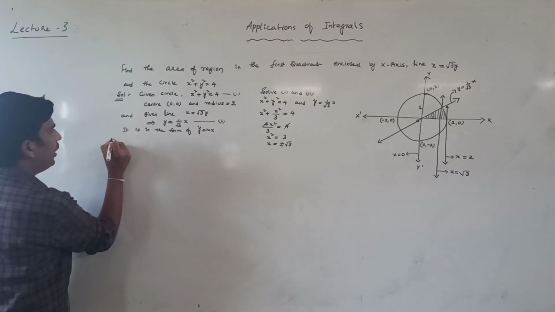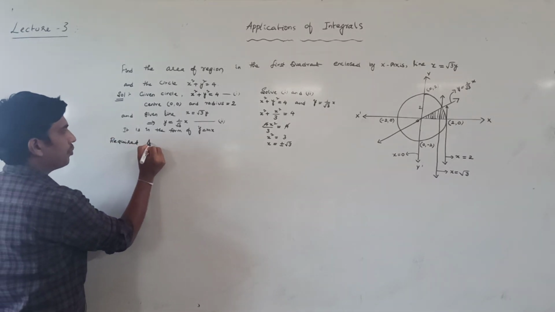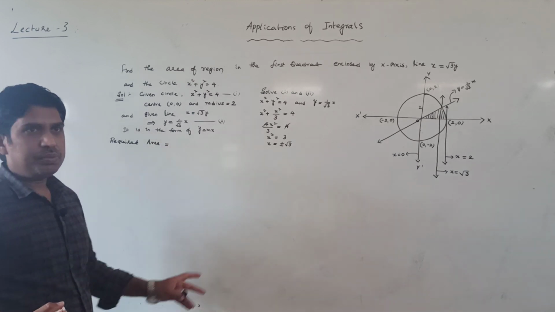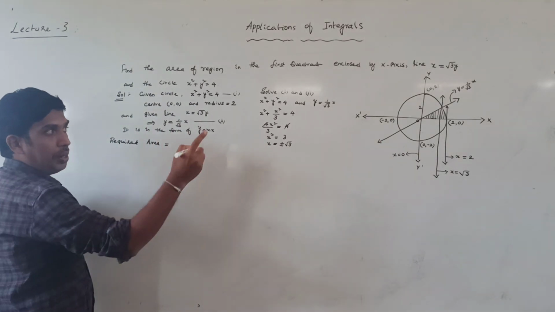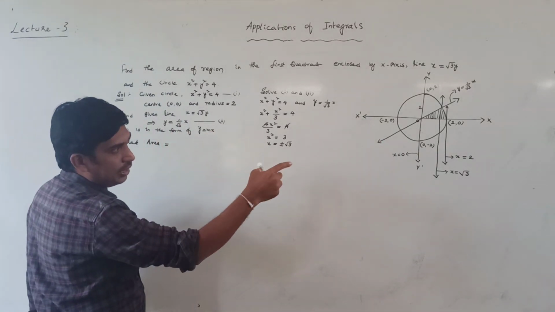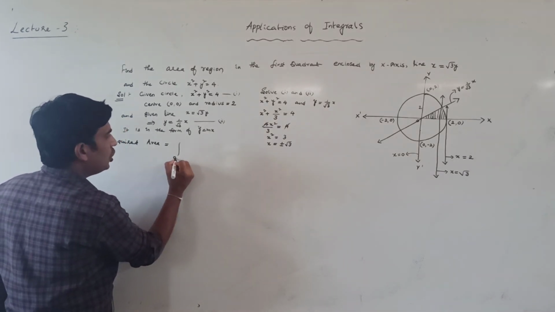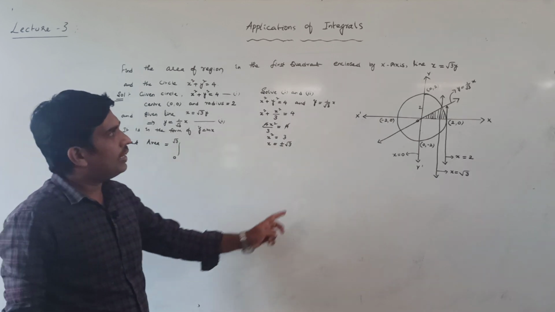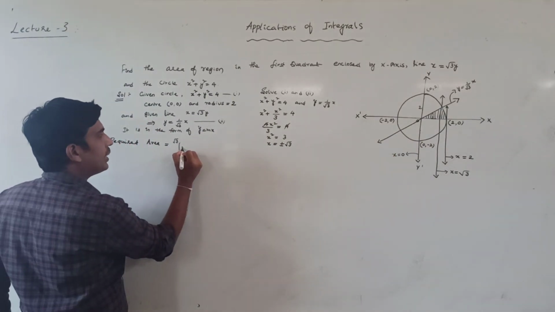So we have to write down the required area. First, write down the area bounded by the line. So bounded by the line, the limits are the integral from 0 to root 3. When the area is enclosed with the x-axis, the formula is y dx